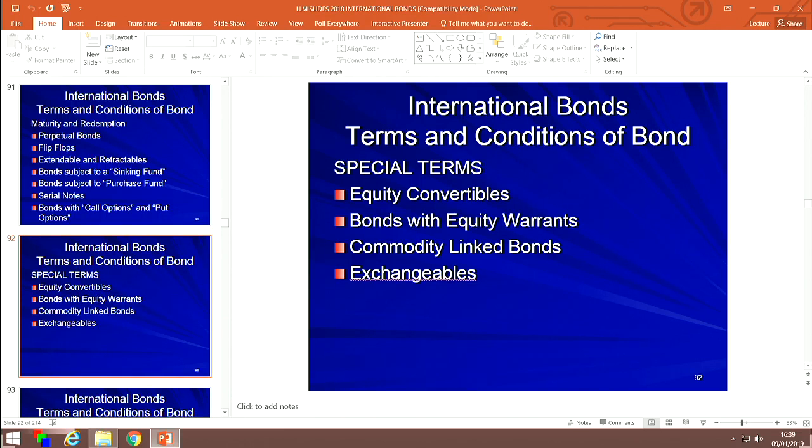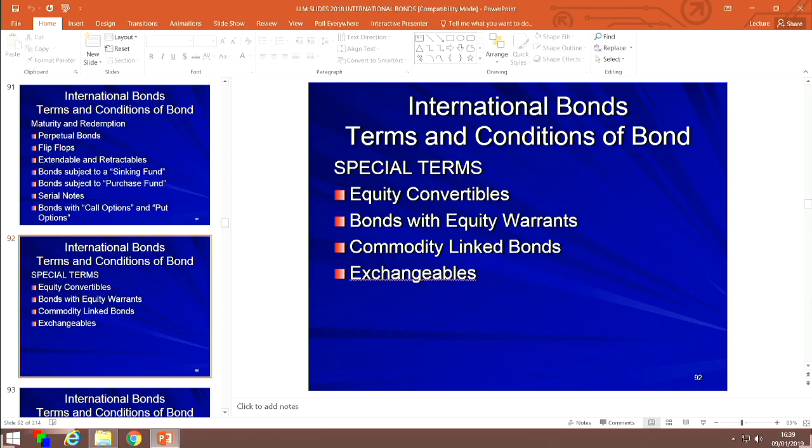But obviously the clause doesn't leave the issuer on the hook to start running around looking for gold. What it does is to say, if the investor exercises the option to receive the value of the gold, then the issuer has an obligation to pay only the market value of the gold rather than the redemption value on the face of the bond. It has no obligation to deliver that amount of gold or oil or whatever the commodity is that's tied to the bond. I'm not going to say anything more than that because that's about all that you need to know. It's simply a redemption clause, in other words, which links the redemption value of the bond to a stated commodity such as gold or oil. They're the two most common that are used in the market, gold and oil.